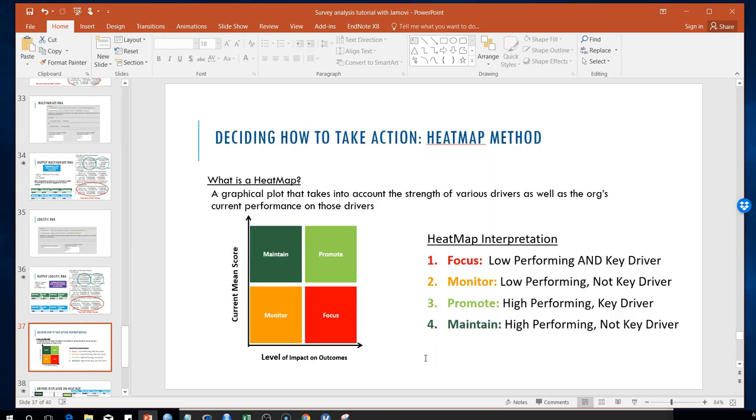Okay, so the last thing I want to talk about is applying this knowledge. So from a practical standpoint, what do you do? What kind of recommendations would you make? And here you can use what's called the heat map method. So a heat map